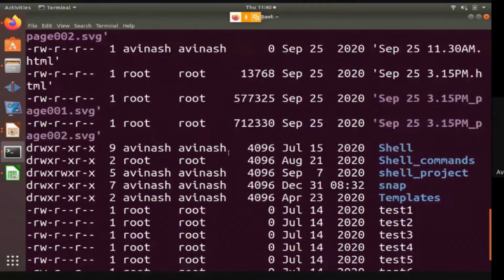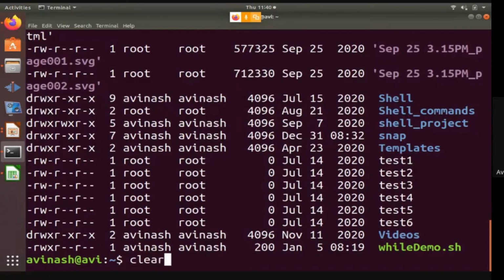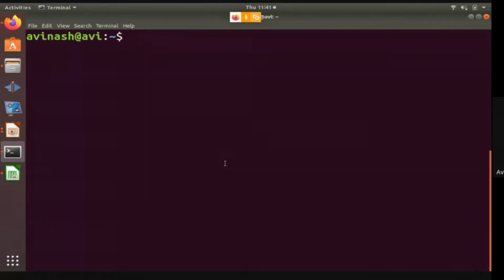What shall I do? Okay, let me create one directory. For creating a directory, the command is mkdir, say practice. So the command to create a directory is mkdir. mk means make directory. And to load that directory, the command is cd. cd means change directory.